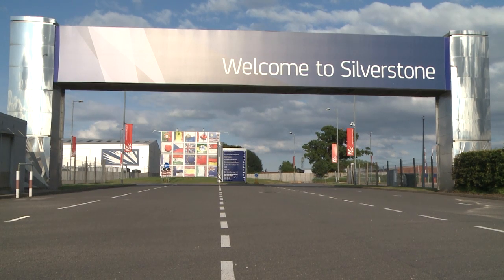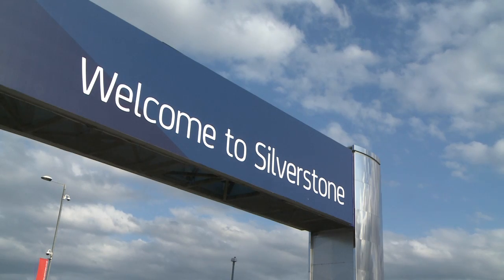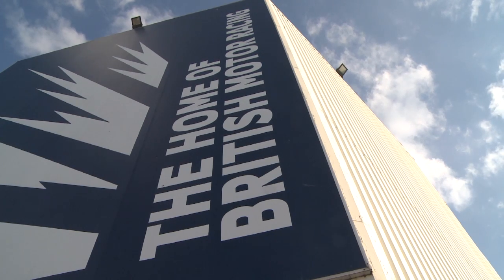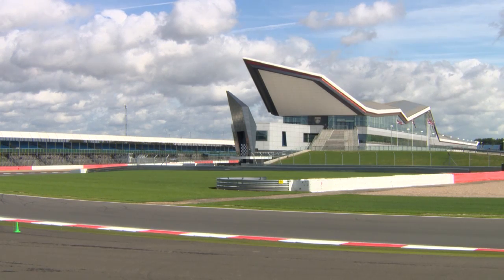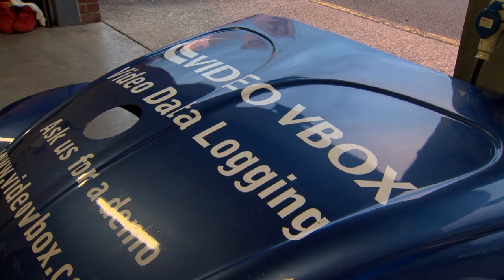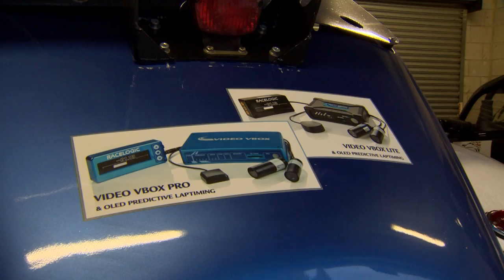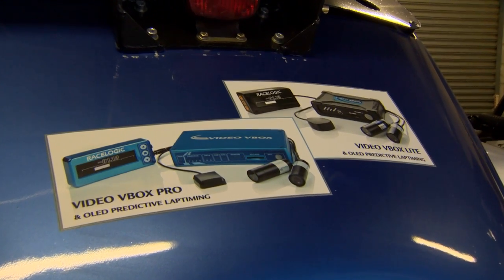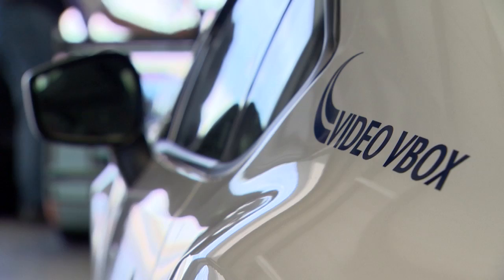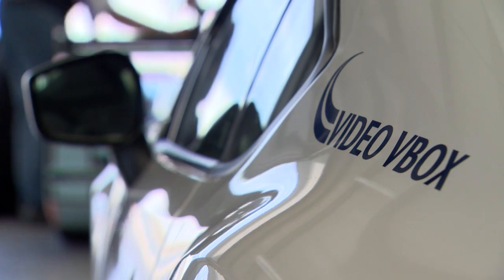Welcome to the Formula One Grand Prix, Silverstone, one of the world's most famous racetracks. The full circuit is 3.6 miles long with a challenging mix of high speed and medium corners. It's the perfect place to trial the video VBOX, a driver analysis system that uses in-car cameras and telemetry to evaluate and develop performance. Designed specifically for motorsport, the ultimate goal of the VBOX is to help significantly reduce lap